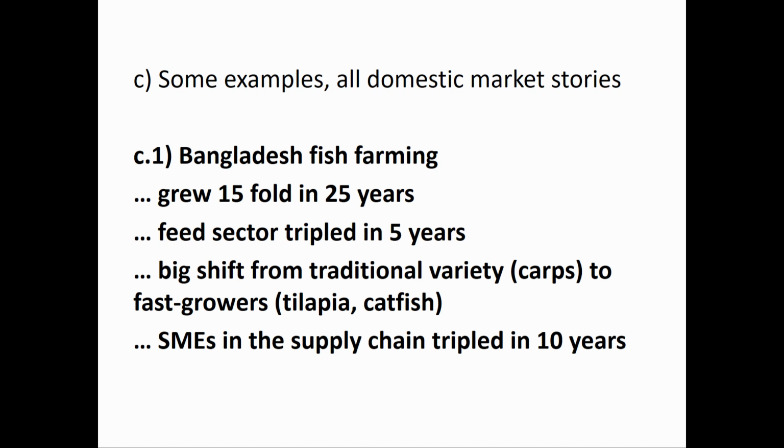Let me give you just a few examples. And I might not have time to get to the modern part, so I want to give you these examples to show how confluences of situations of change have led to extremely fast change that when I've been in these countries, very often this change has been under the radar, has not been part of the policy debate, and almost always the policymakers and many researchers have been surprised by the rapidity and volume of these changes. The first comes from our work recently on Bangladesh aquaculture, the fish. This is all for the domestic market.